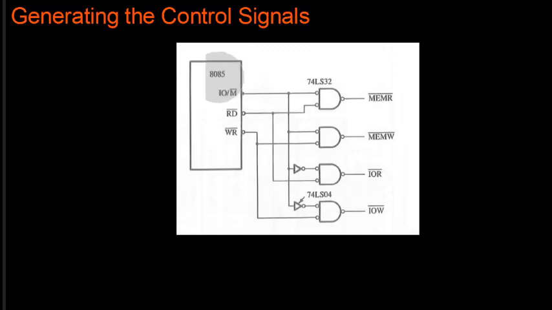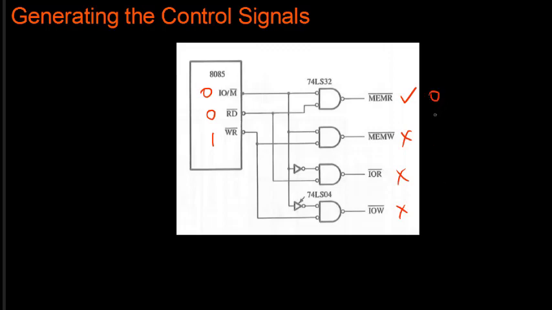Suppose the microprocessor wants to perform a memory read operation. So it makes this as 0 and this as 0 and this as 1. The read operation has a bar, it means it is active low. Similarly, the write operation is also active low because it has a bar. So when we give this input, this gets enabled, and all the other signals are disabled, in other words this is 0 and all the others are 1 because it is active low.